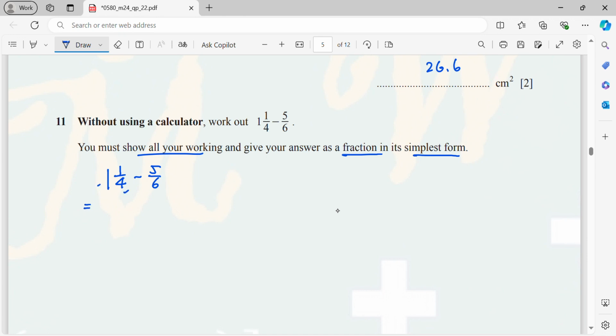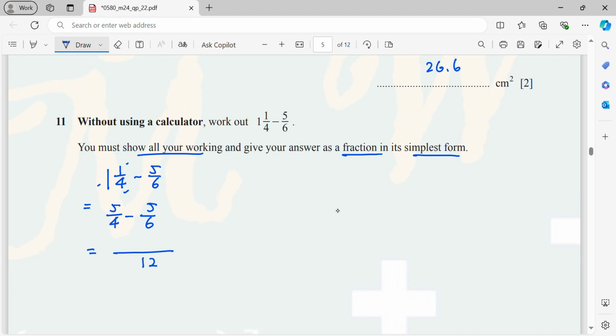4 times 1 is 4. Then you plus with another 1, that is 5 over 4. Then minus 5 over 6. And now here, I will get the same denominator. So I know that for the 5 over 4, the 4 and 6, the common multiple is basically 12. Which means here I will change to